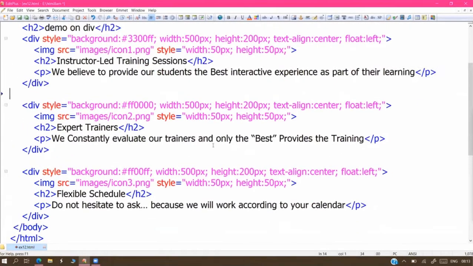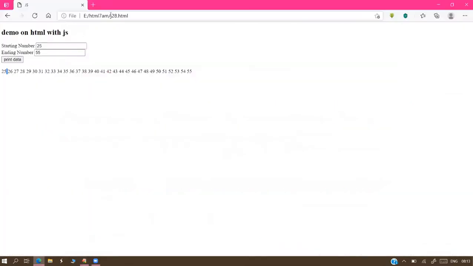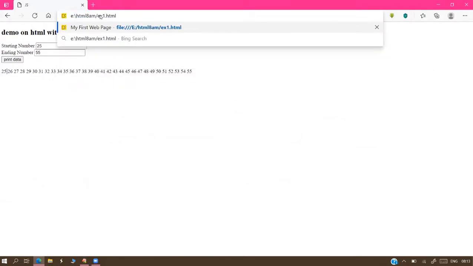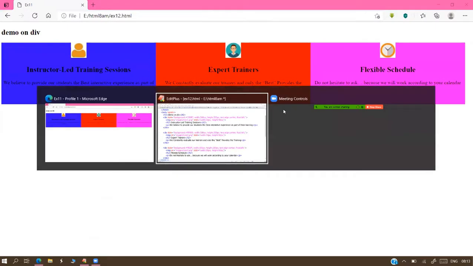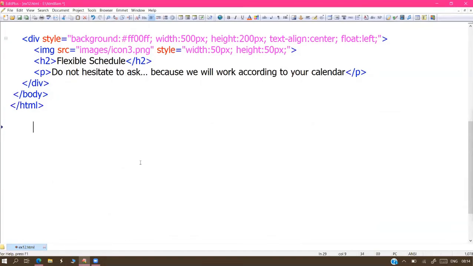So this is our last example, the division tag example, and we created 3 frames here. Is it possible to provide some gap between one division tag and another division tag, sir? Yes, sir, 100% possible by using the margin attributes. We have margin settings in CSS.